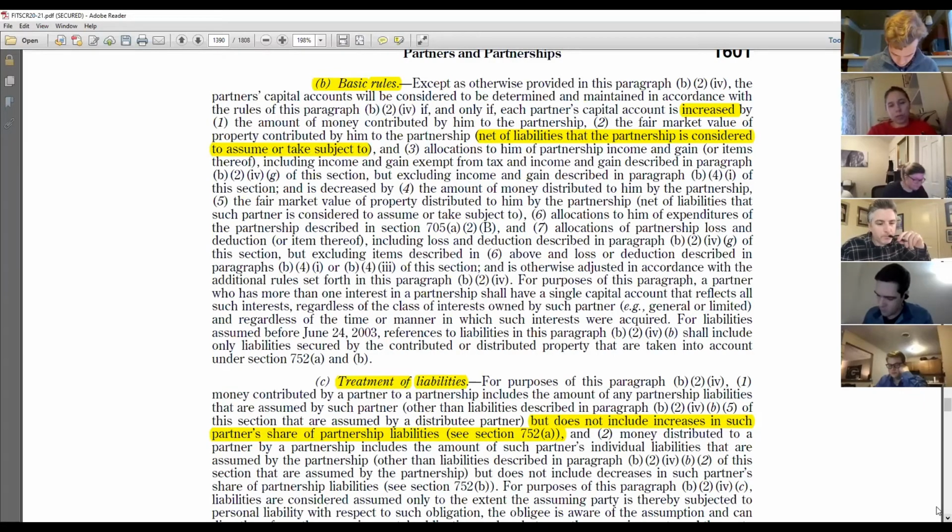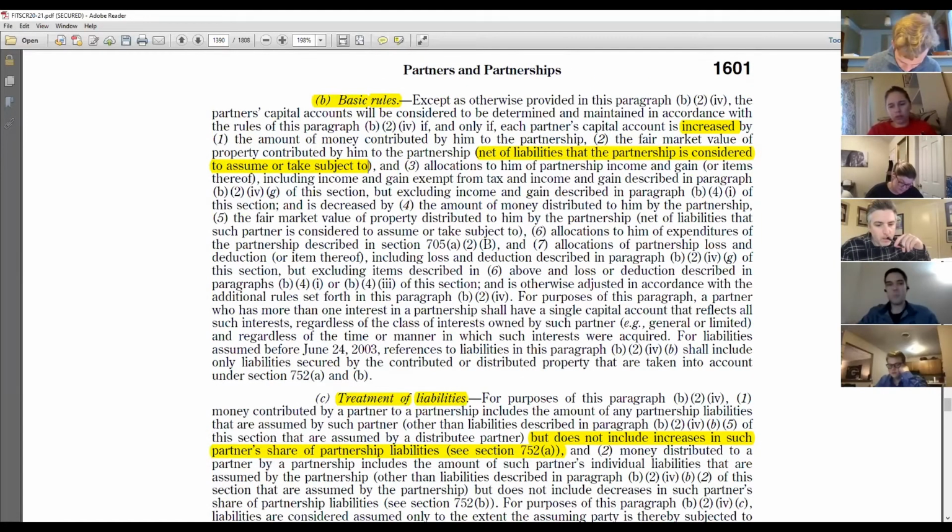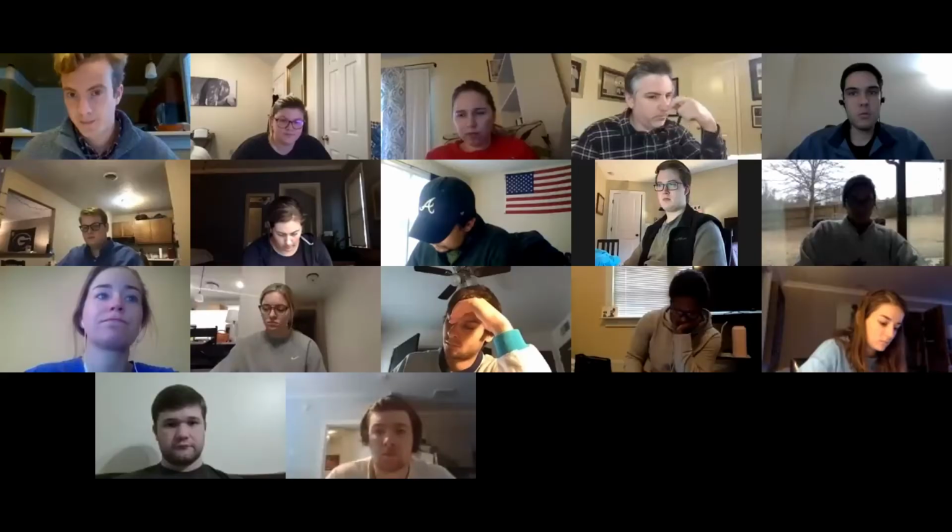But you do have capital account adjustments when the partnership assumes a debt, like it does here. And there's that distinction between basically 752A share of liability. It's like you're vicariously getting that share of the liability. Whereas here, it's actually just the partnership is assuming the debt. So anyway, regardless of that, you just have to kind of work with that in your mind and get that straight. But once you do that, once you look at that, what that tells you is